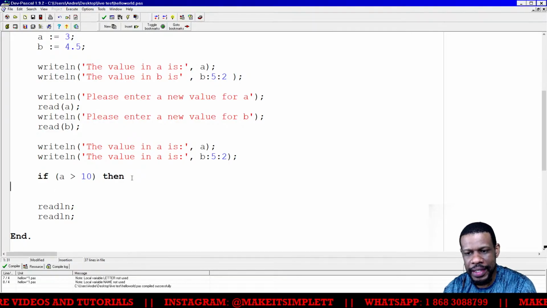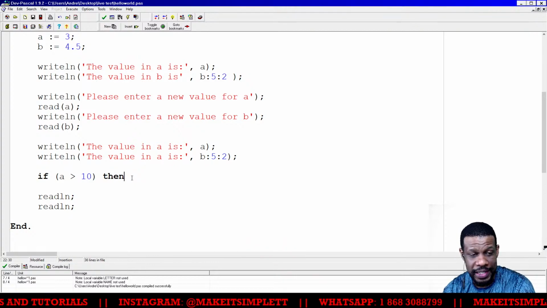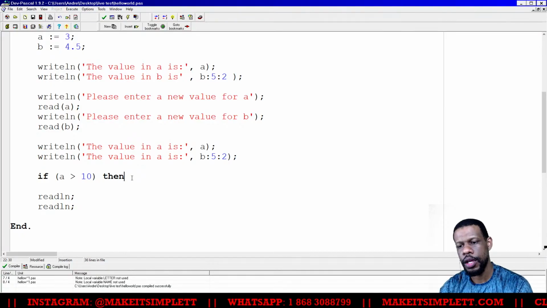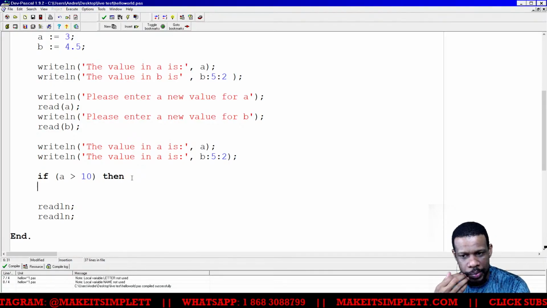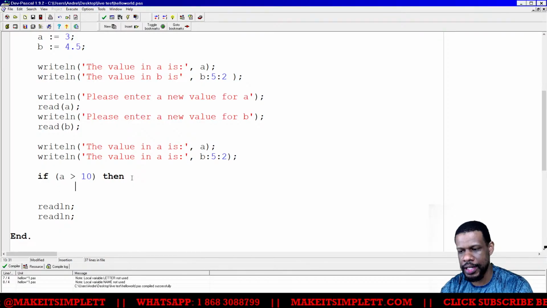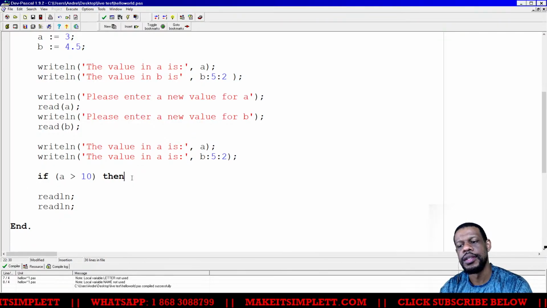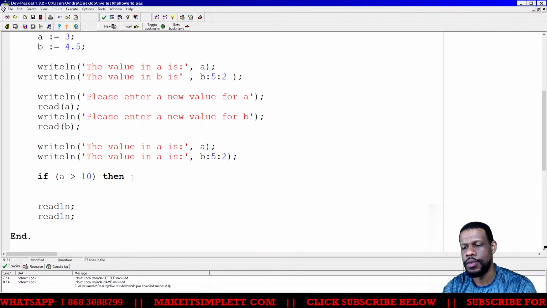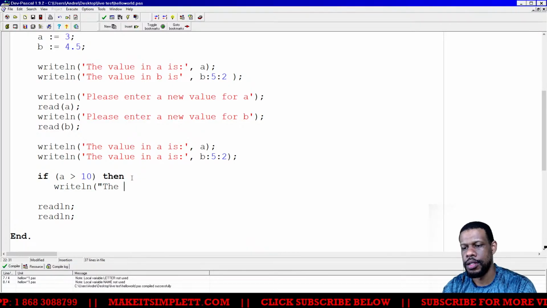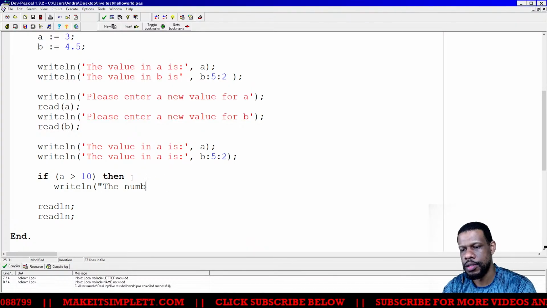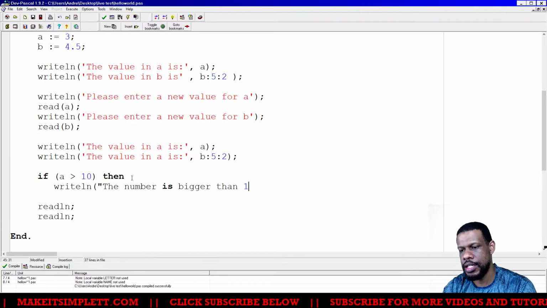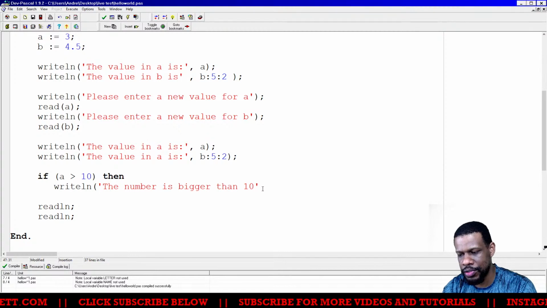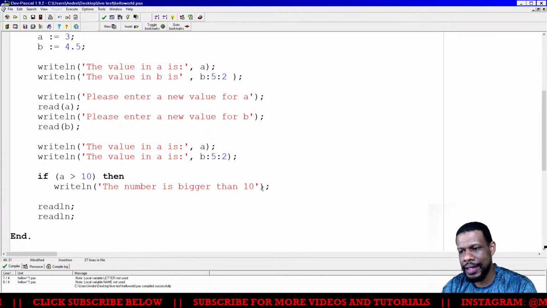Remember to indent. Please, I'm begging you, indent your code because that makes it easier for teachers to understand, and the easier it is for the teacher to understand, the easier you'll get your marks, right? So if A is greater than 10, press tab. Please indent using tab. Don't press space to indent. Using space to indent is ugly because it doesn't always line up. So I press tab. And then I will say if A is greater than 10, writeline, the number is bigger than 10. Now, I keep putting double quotes because I'm accustomed to C, right? So it's actually single quotes you have to put when you're using Pascal. And I put the semicolon.